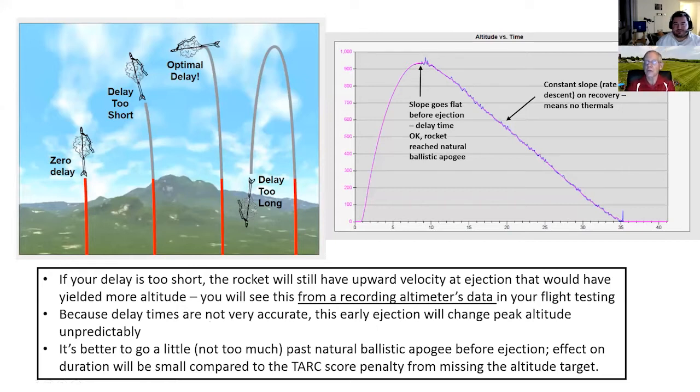So there's an altimeter curve on the right that shows the change of altitude versus time. Altitude's on the vertical axis, the y-axis, and time's on the x-axis. And you see that nice smooth slope going up to apogee, where you see the peak of the curve. And then you see a little blip right after apogee. That's the ejection charge going off. So you want your rocket to fly this natural ballistic path to its natural apogee, go over the top, and then the ejection charge goes off. Hopefully shortly after apogee, but a few seconds after apogee can work too, because that changes your duration slightly.